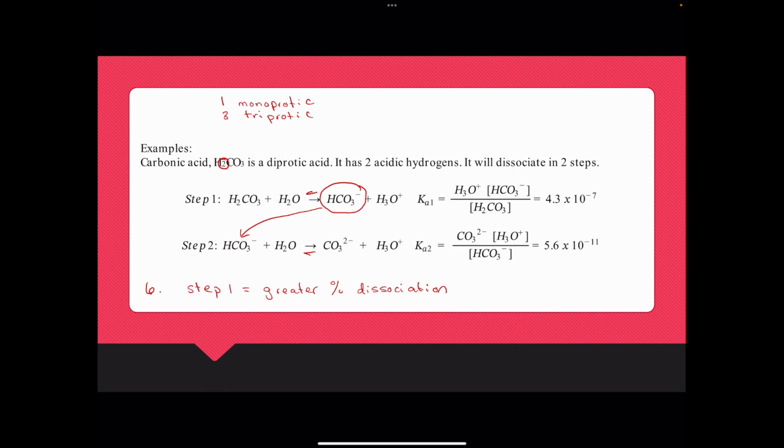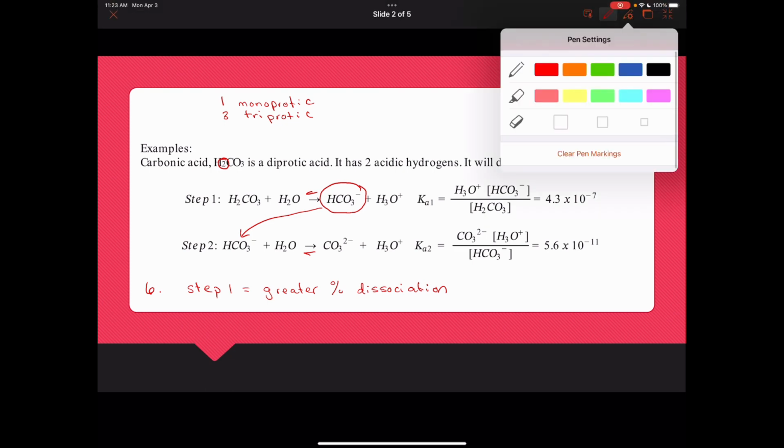Since each of these is occurring in multiple steps, each step is going to generate its own equilibrium with its own equilibrium concentration. And we would take a look at each of these steps individually. So if we take a look at step 1, in problem number 7 on our worksheet, we want to determine the concentration of all species present if our initial concentration is 0.2 molar. We're going to take the dissociation step for step 1, so our H2CO3 plus water producing the HCO3 minus and